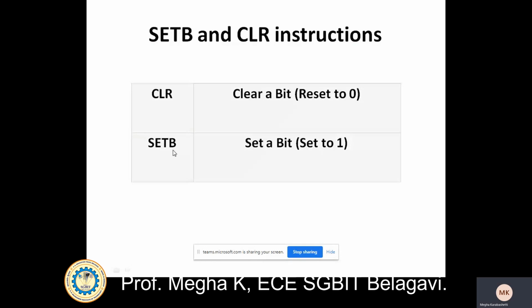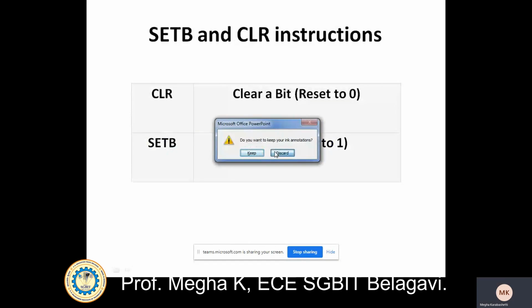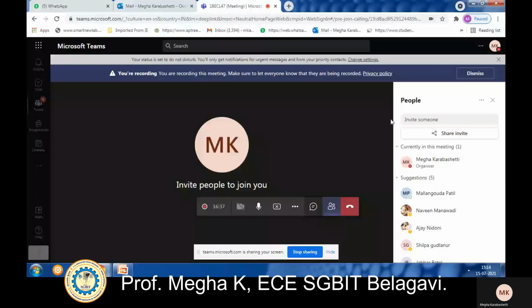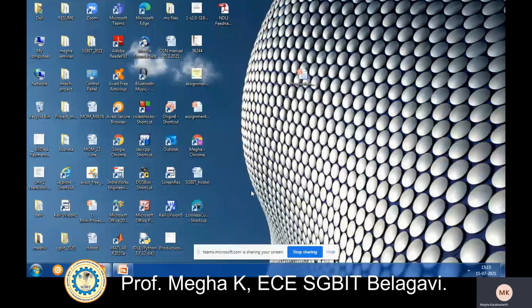Before going for further instructions, we will execute our program. The first program in this experiment is to find, if two numbers are given, whether number 1 is greater than number 2, whether number 1 is equal to number 2, or whether number 1 is less than number 2.